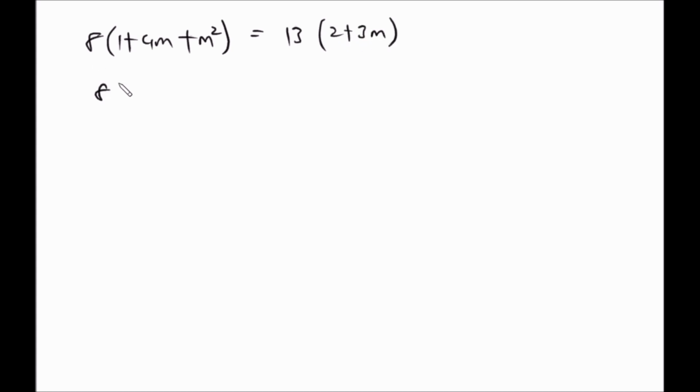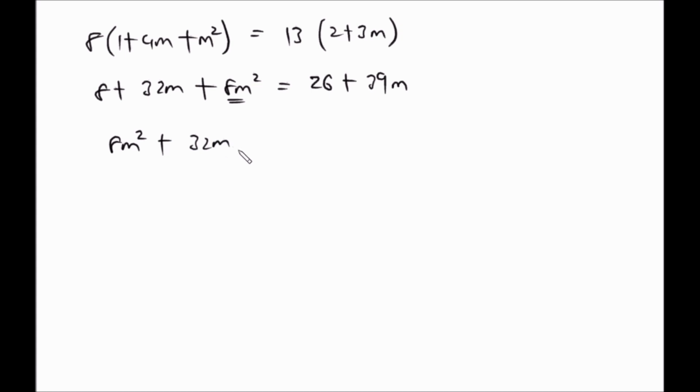So ingiza 8 ndani, itakuwa ni 8 plus 32m plus 8m squared sawa na 26 plus 39m. So tutakuwa na 8m squared plus 32m minus 39m. Huyu nimemleta huku sasa. So jumlisha 8 minus 26 sawa na 0. So it's just going to be 8m squared minus 7m